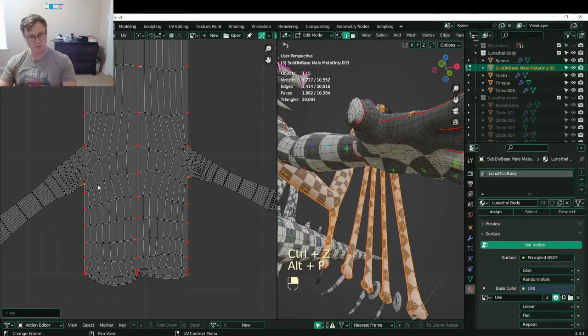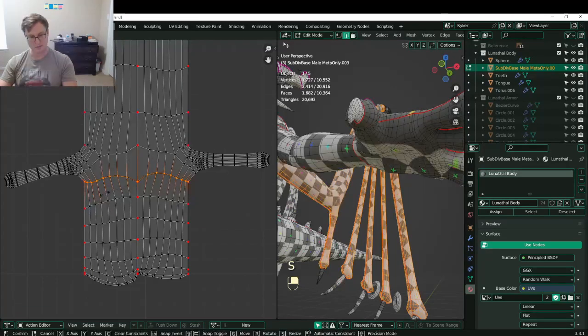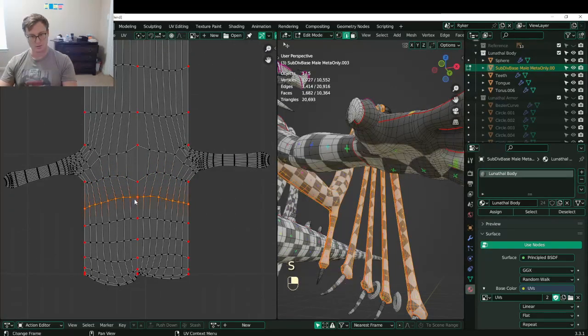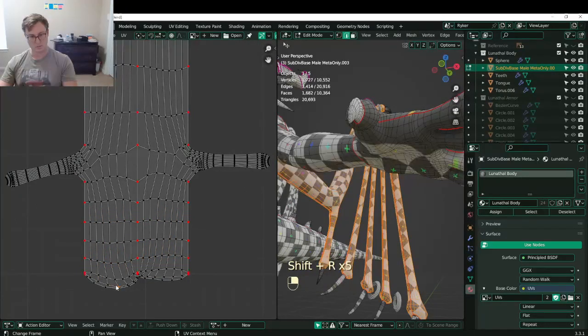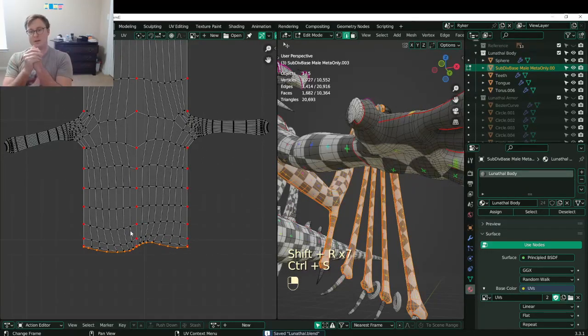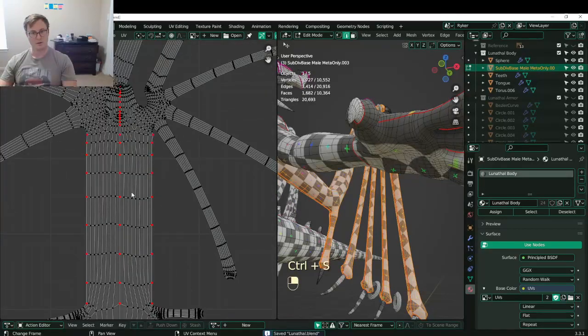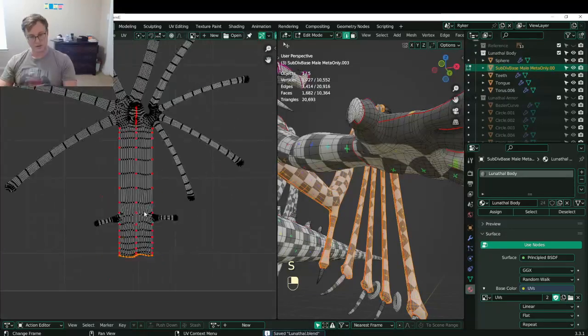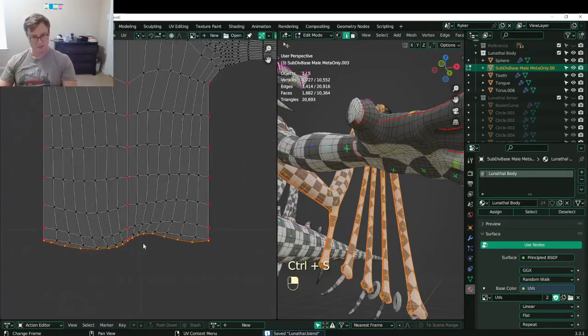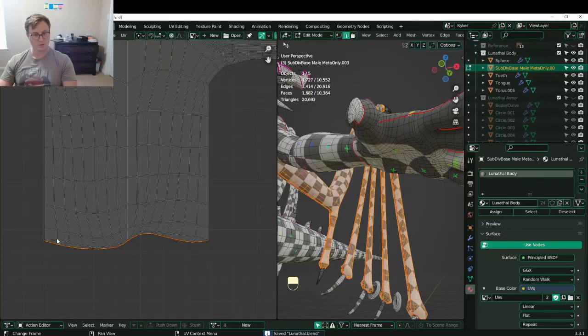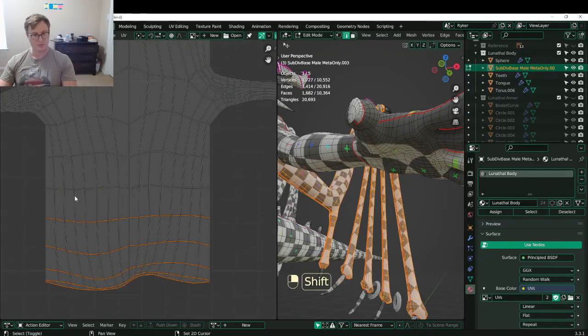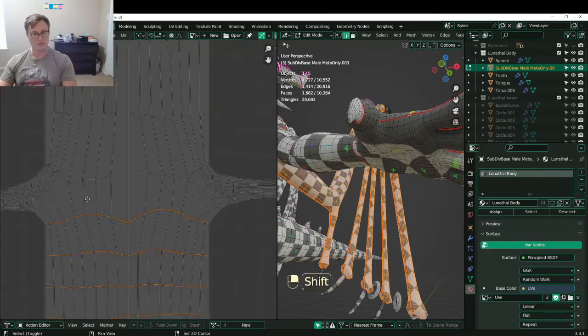Those I will unpin, so not part of the connected segment. Fantastic. Now, the trunk has begun. And for each of these segments, we're gonna get,